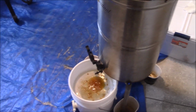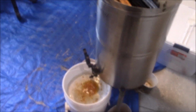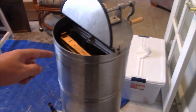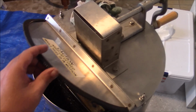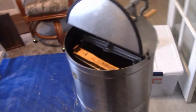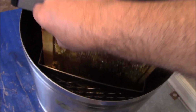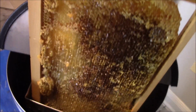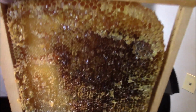Just another look describing how I filter my honey as I extract it. Here you will see a 2-frame manual crank Dadant Junior bench extractor. I've been extracting foundationless frames from my beehives. These are frames that have no plastic center, but I do have heavy pound test fishing string running horizontally through